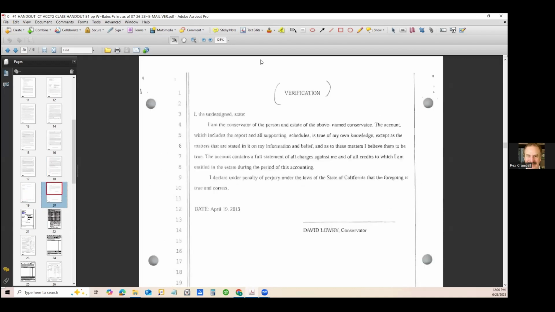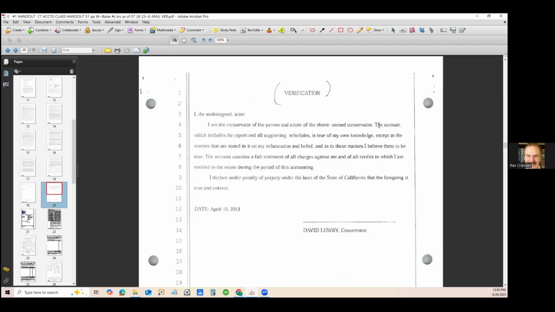Please note that every petition must have the verification. The verification states under penalty of perjury. I always use similar wording. So instead, where it says I'm the conservator of the account lists the reports and stuff,